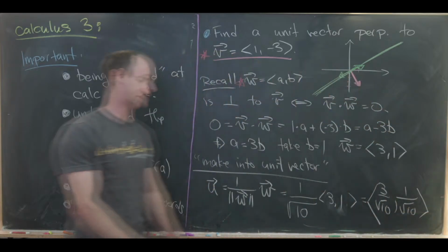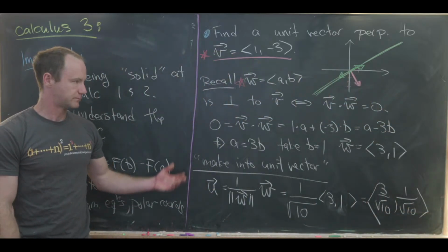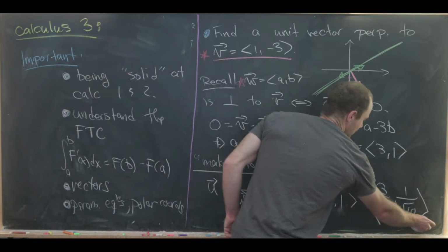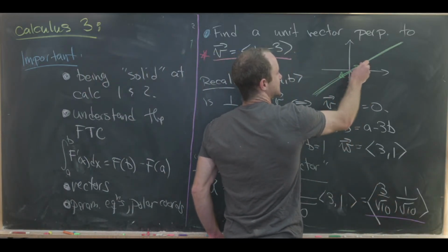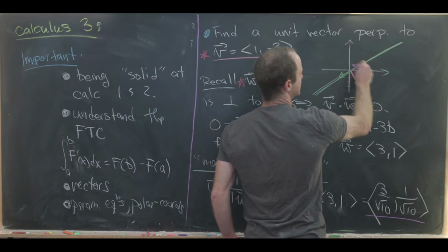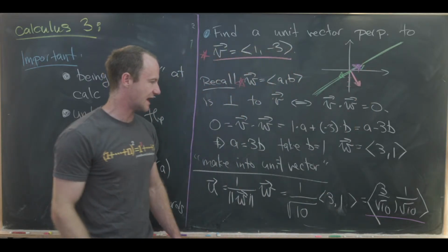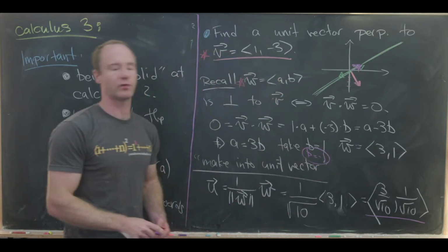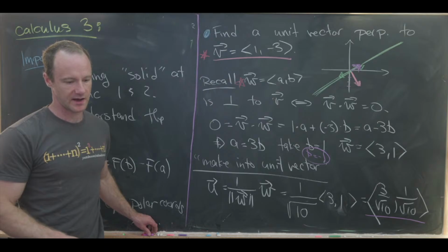That would be our unit vector perpendicular to our given vector. And just a heads up, that's going to be the one pointing in this direction. If we had taken b to be equal to minus 1 right here, it would have been pointing in the other direction, just FYI. Okay,